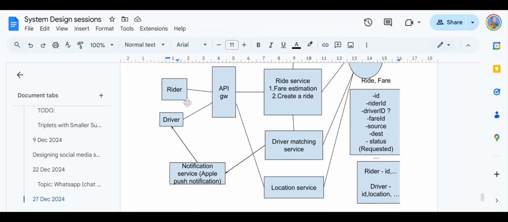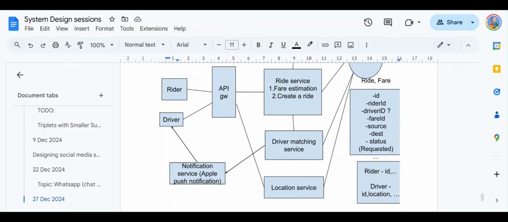Now for all the 1,000 people, the same driver will pop up, right? The driver matching service is going to choose the same driver, because he's the nearest one. So it's going to pick the same driver for all the requests and send a notification. Imagine it sends a notification for all those 1,000 requests, and the driver's mobile application is just ringing continuously, like 1,000 times, brr, brr. It is just buzzing, and he will go mad looking at all those notifications, right? And whose ride will he accept?